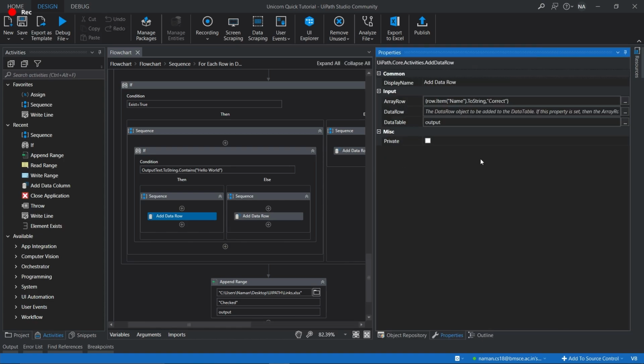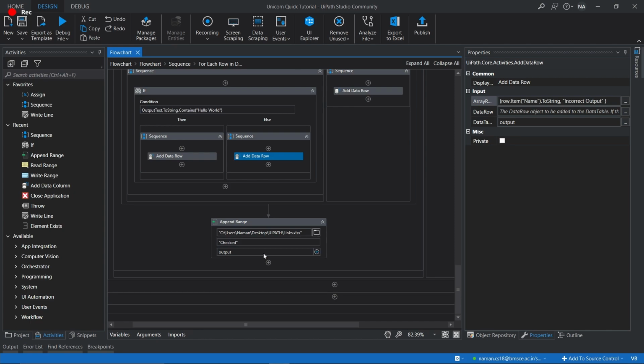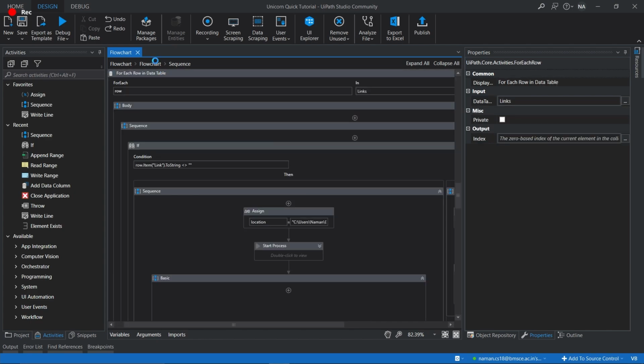If the output is correct, it saves correct in the Excel, and if the output is wrong, it saves incorrect in the Excel, and then finally it appends that range. So this is what our program is, and it is just a starting prototype to help teachers in their checking process.